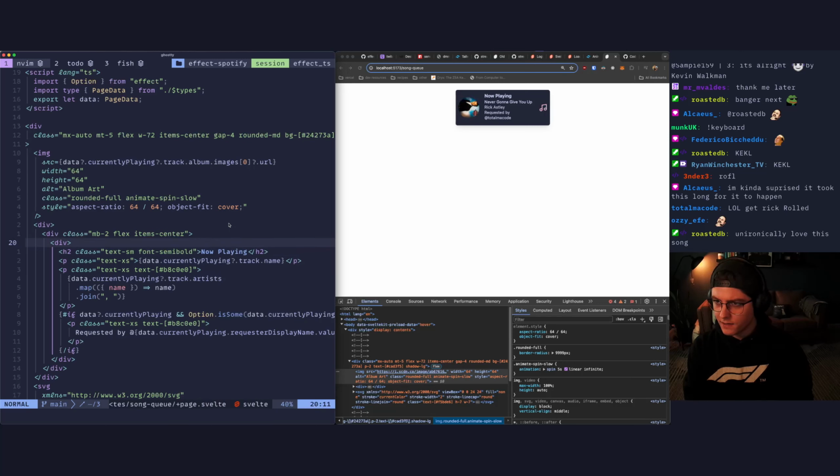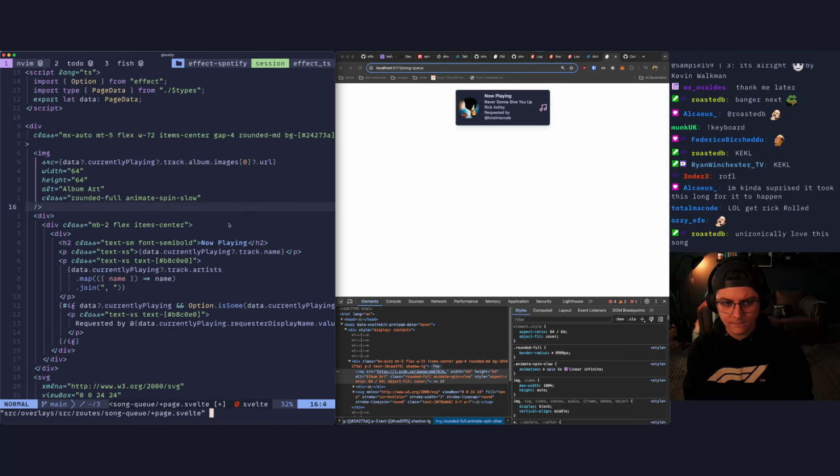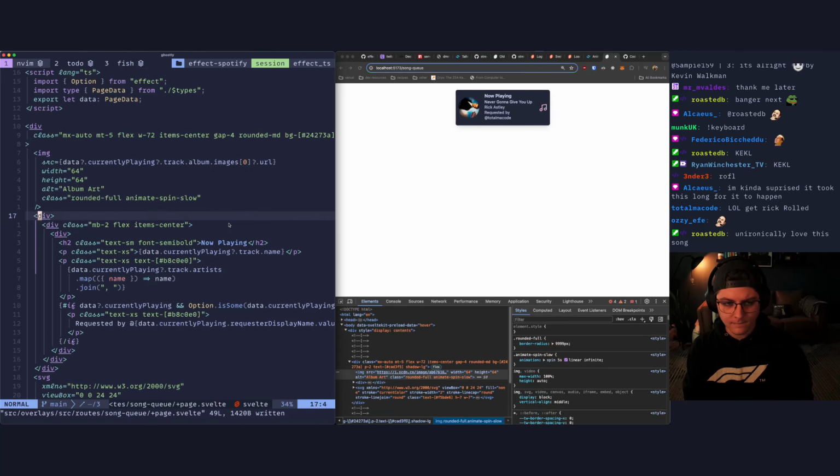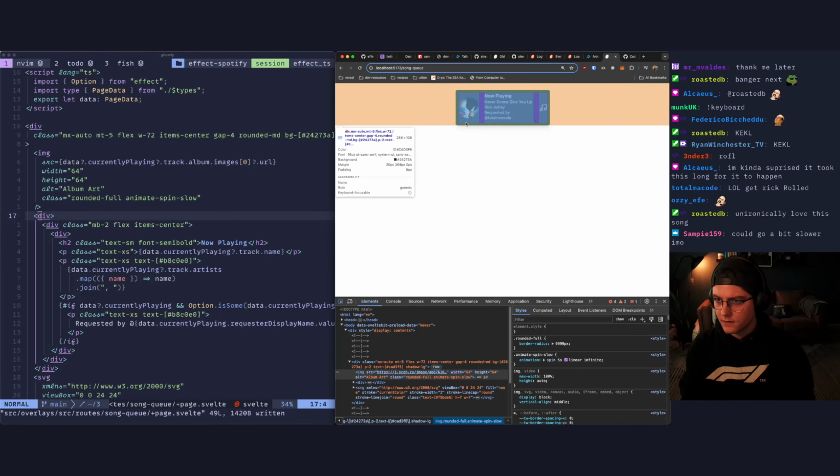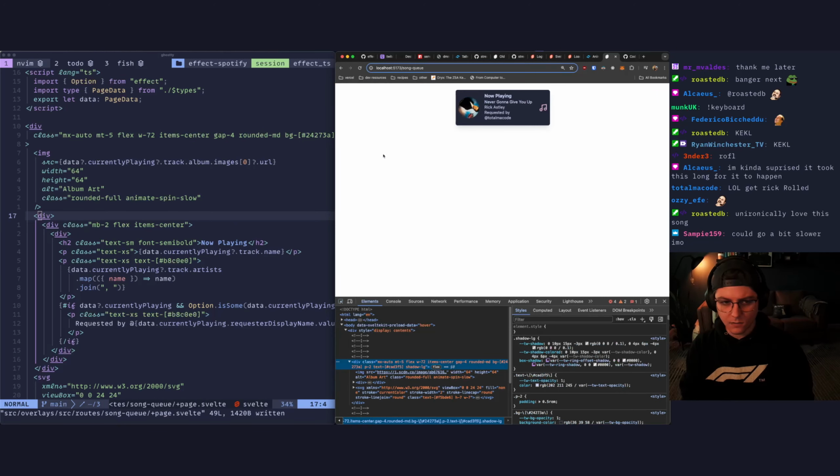All right, I want to make the music icon a little bit bigger. All right, where are our divs at in this thing? So we want to make the width of the outer container.